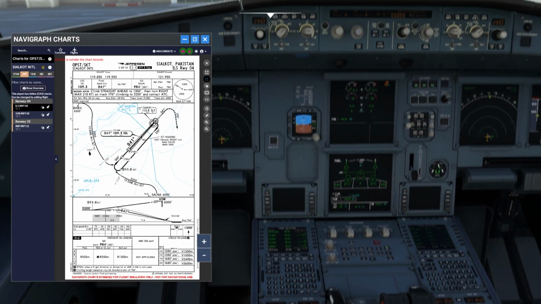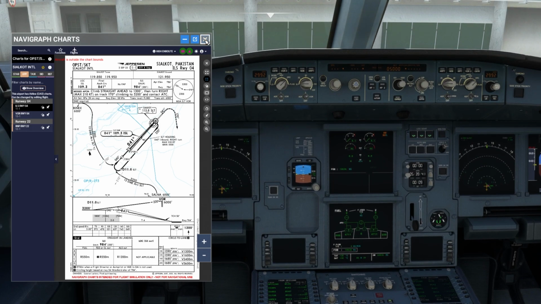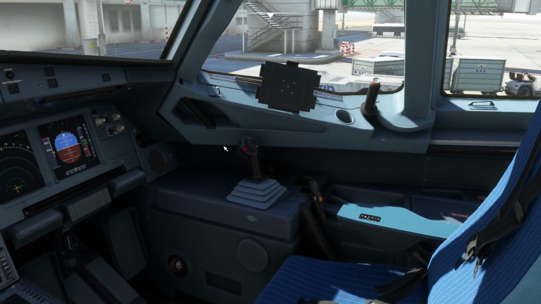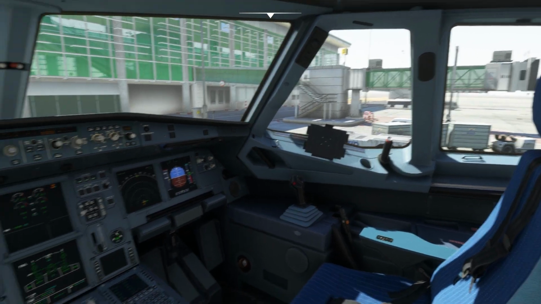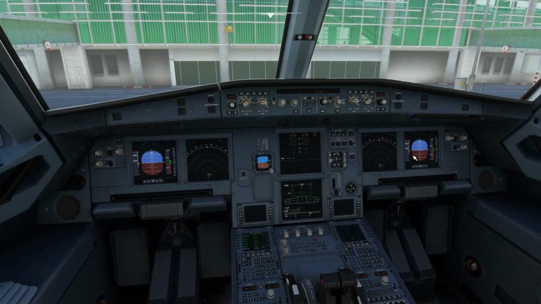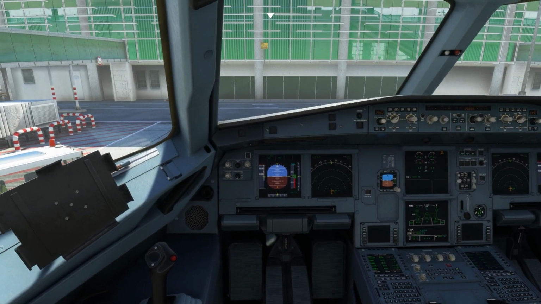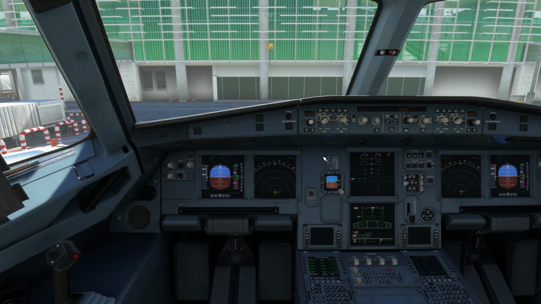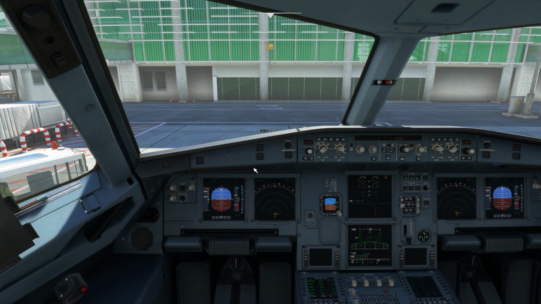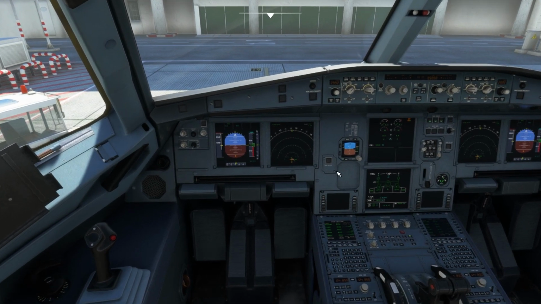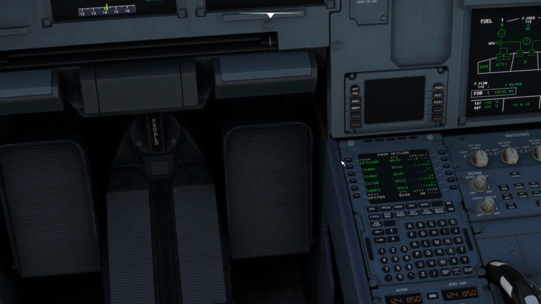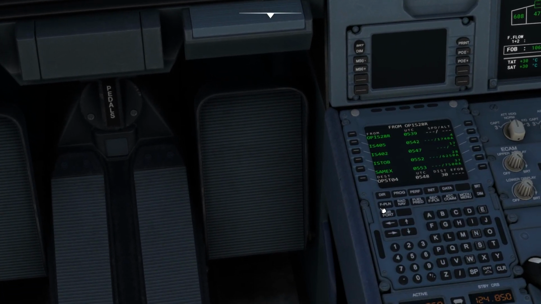Right now the weather is clear, and I have not set the weather, but as soon as I'm airborne I will try to change it. Kashif requested me to do the landing in fog. So in order to have fog, I will go for overcast weather with lots of cloud at the lower altitude. This is how I'm going to replicate the fog, because in Pakistan during the winter it's very foggy,